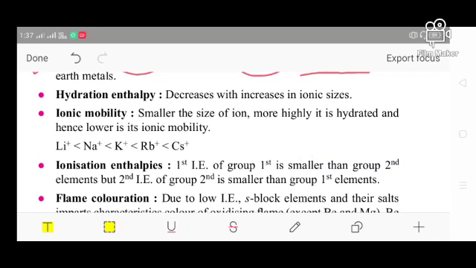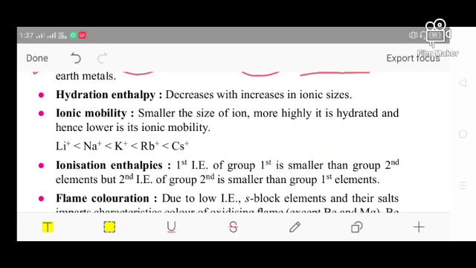So ionic mobility is the capability of that ion, related to the time it takes to be hydrated. Whenever the ionic size is increasing, it takes more time, it is not so highly hydrated, and the ionic mobility is also increasing. Whenever it is smaller in size, it is more hydrated, and ionic mobility will be decreasing. So a big ion has a high ionic mobility, but a smaller ion can be hydrated very easily, and it cannot have high mobility, it cannot move so high a distance.